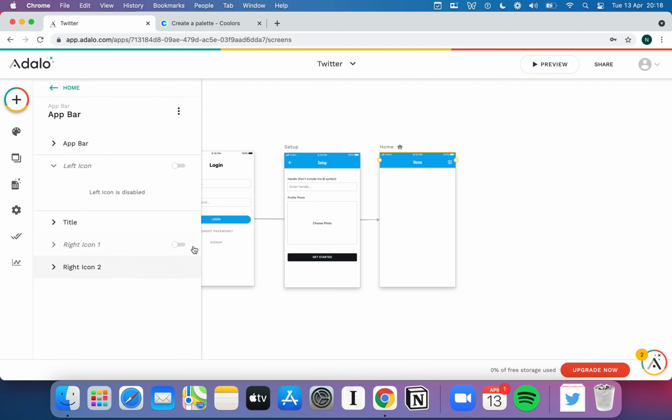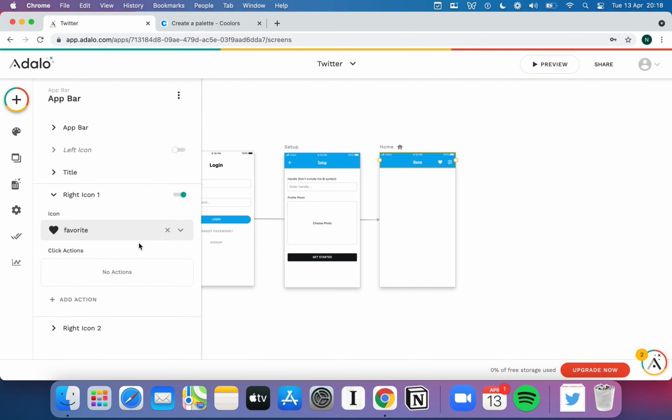I'm going to turn that off. Or I can put on a right icon. Now all that's happening here is Adalo's components have various pre-made things that can show up, that fit existing Android and iOS conventions of design. The idea in Adalo is, as much as you can do what you like, it's trying to keep you as close to a good looking, normal looking app as possible, because you want your users to be instantly familiar. So I can go ahead and enable this right icon,